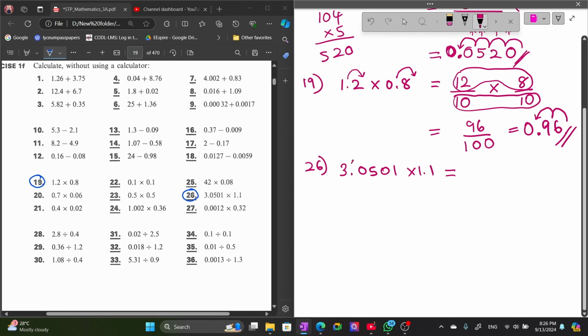Here's the decimal point. We have to take it 4 places to the right. So then we get 30501 over, we took 4 places, 1, 2, 3, 4 to the right, so we have to contain 4 zeros. So 10,000. Then times, we can make this a whole number by taking the decimal point to the right